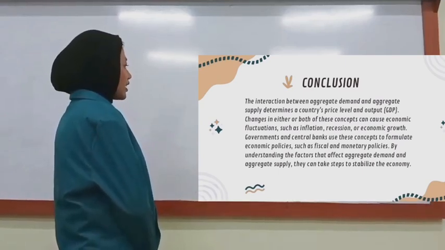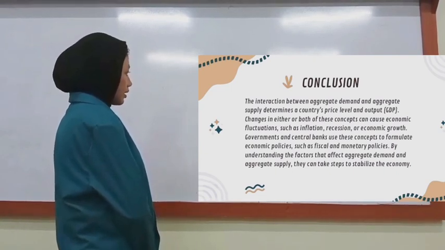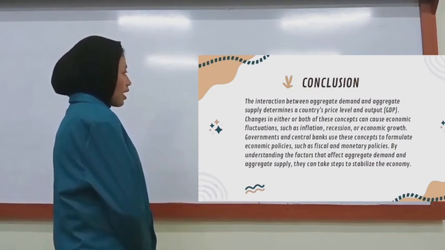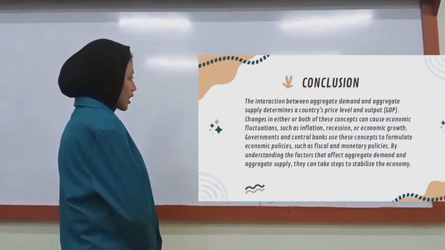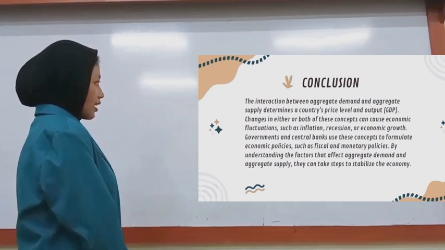Conclusion. The interaction between aggregate demand and aggregate supply determines a country's price level and output. A change in either